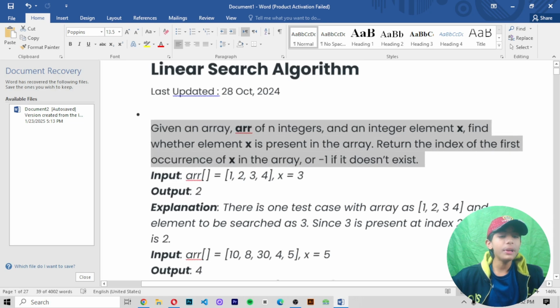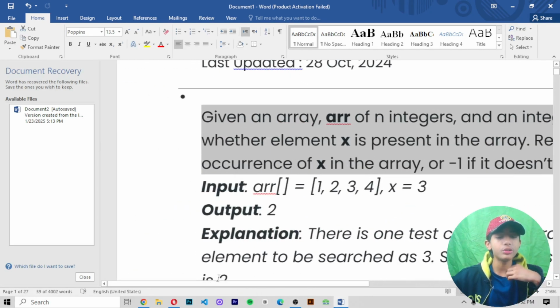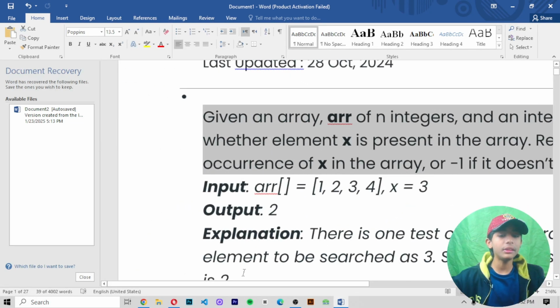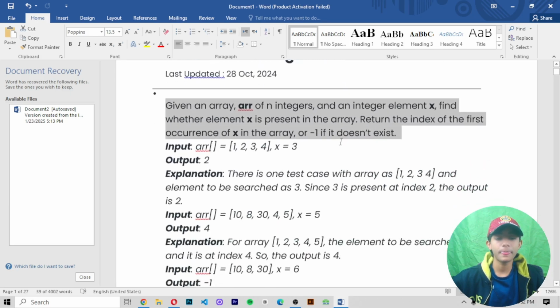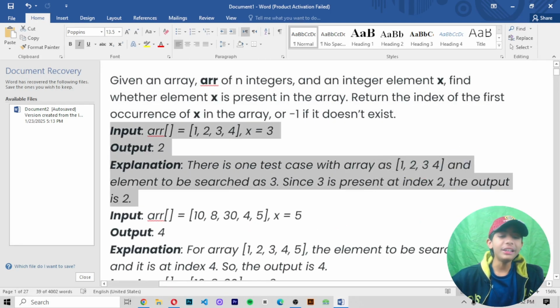Like input will be ARR = [1, 2, 3, 4] and x = 3, the output will be 2. Now let me explain. There is one test case with array as 1, 2, 3, 4 and the element to be searched as 3. Since 3 is present at index 2, the output is 2.